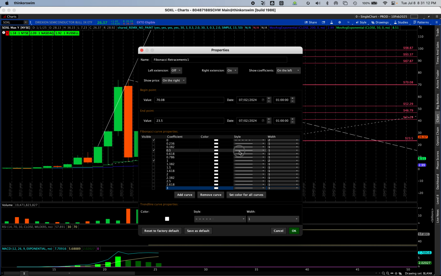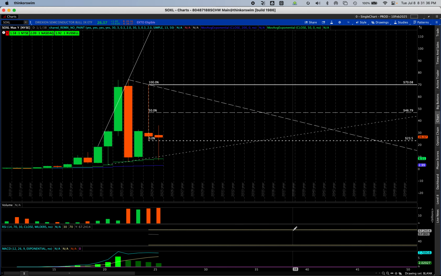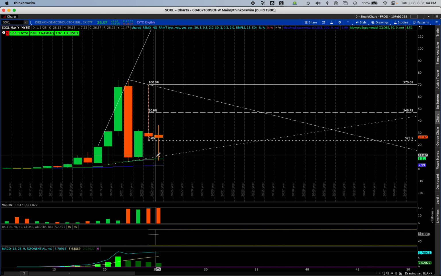We'll change this 50% to a larger dash line so that we know on the chart if we encounter it, we don't have to zoom all the way out and see like, oh, this is the 50% of last year. We know longer dash line is a 50%, smaller dash line is the low. Solid white line, we'll leave the high a solid white line, and you'll see how this comes into play, right? So now we know we basically got support from last year's low here. Also the uptrend and the 50-day moving average, right? So that gives us